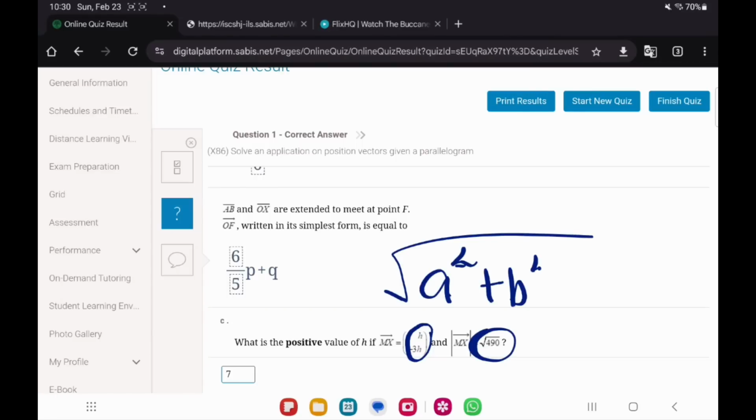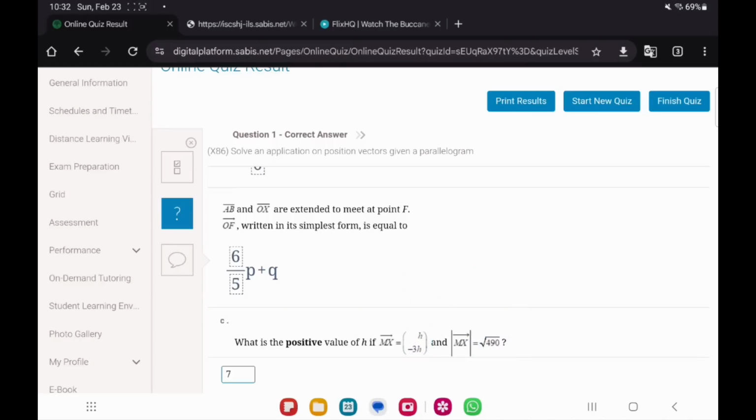It's the magnitude. So now to find how this equation goes, we're gonna fill in the values. So like I said, the values in here go under the radical, so it's h